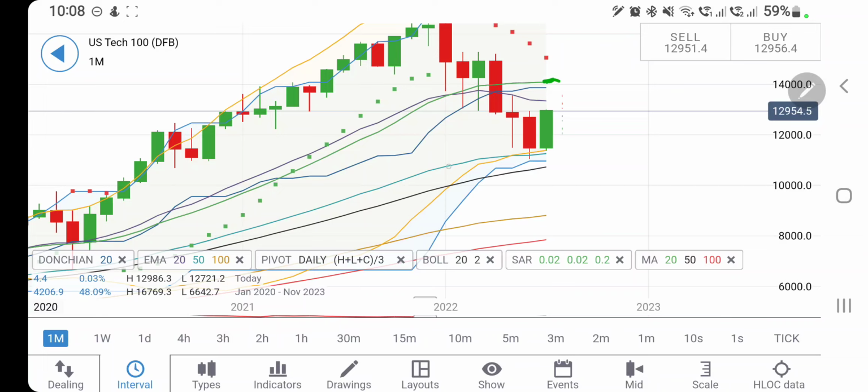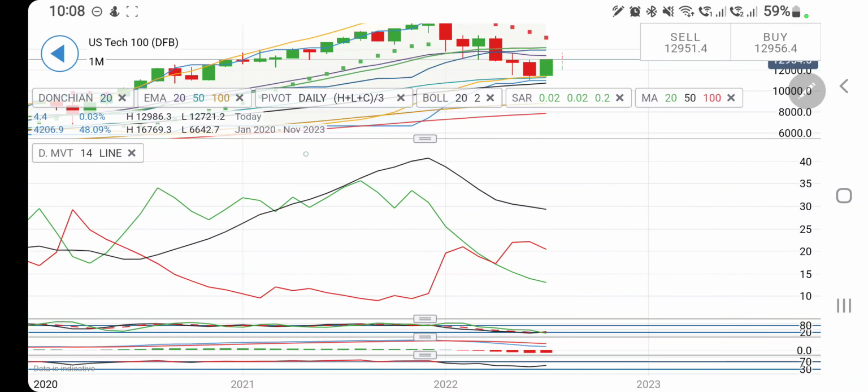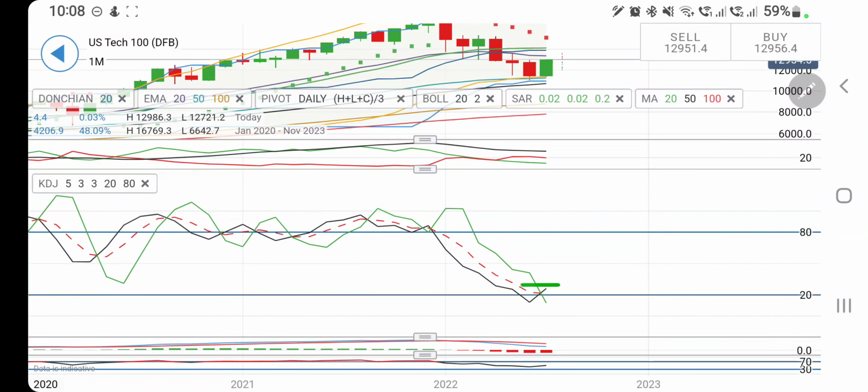there at 14,000, very strong there, 20 months average, and then it traded near the bottom of the Bollinger Bands, got the support there, and it has started rising, and hence 11,000 levels are definitely a very strong support now. Directional movement is bearish, and if you look at the stochastic, this was oversold, and hence it is